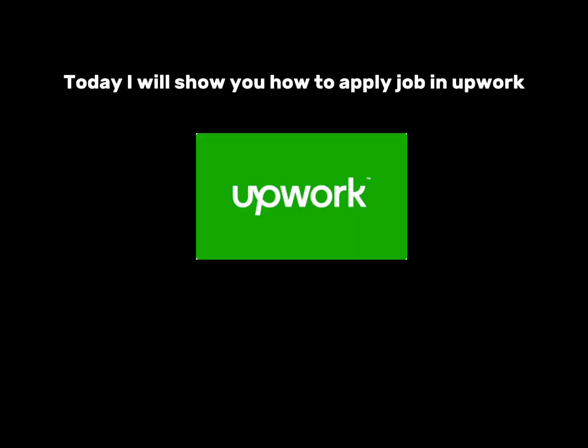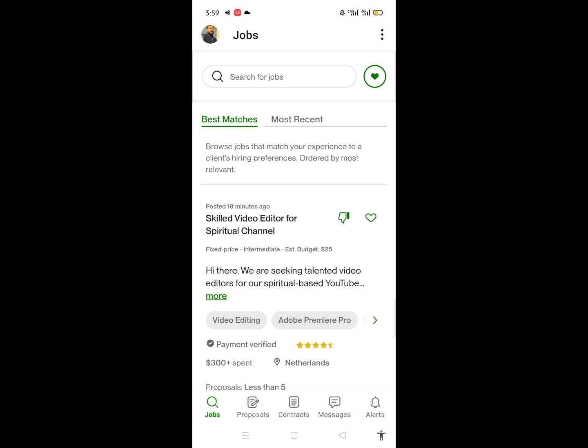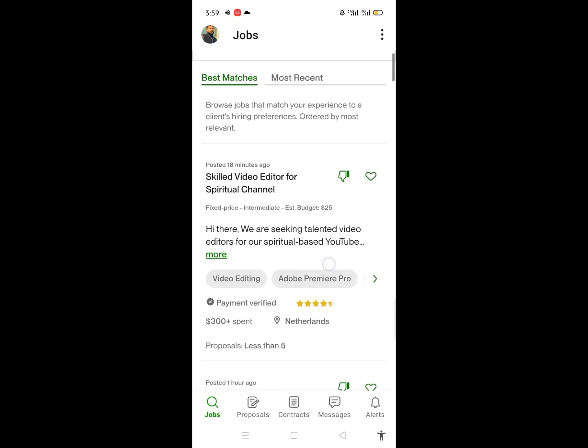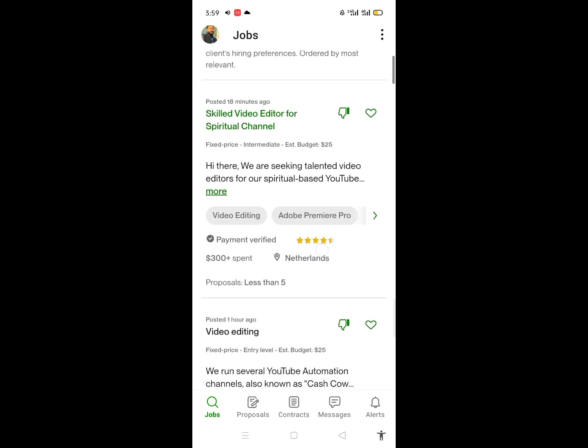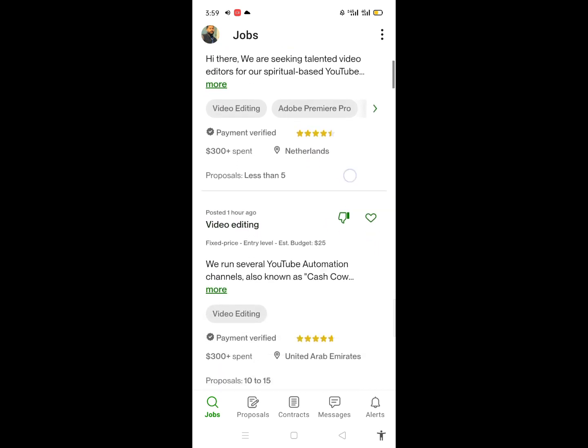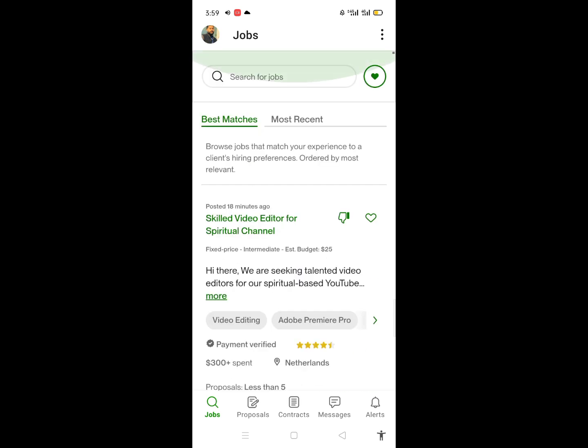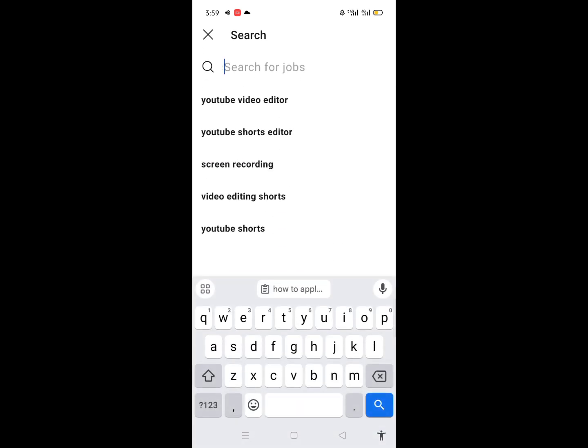Today I will show you how to apply for jobs on Upwork. So you can open the Upwork application, and here is the interface of jobs. You can search for jobs, and it will automatically show the best matches to you on the interface. So I will search for a job of